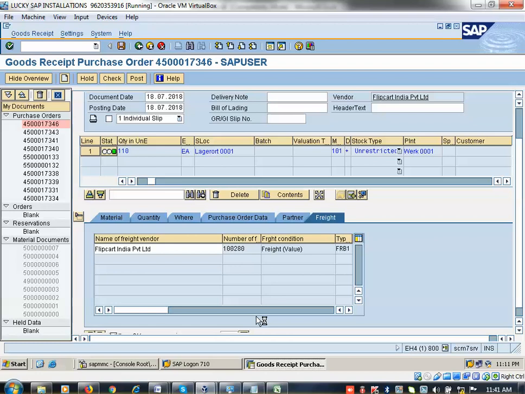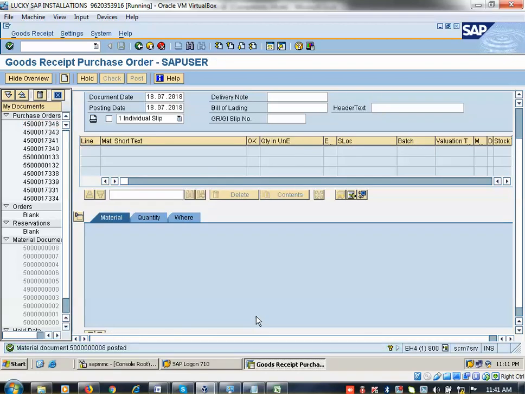When you post the goods receipt with reference to the PO, it will create one material document and one accounting document. Stock will be updated in MMBE and in the MM03 accounting view. Then the purchase order history tab will be updated with the goods receipt document. Yesterday I gave this as an interview question. Clear? So this is the flow.